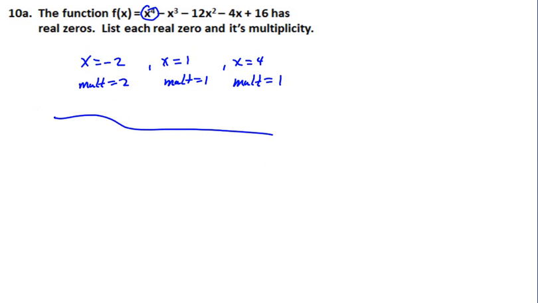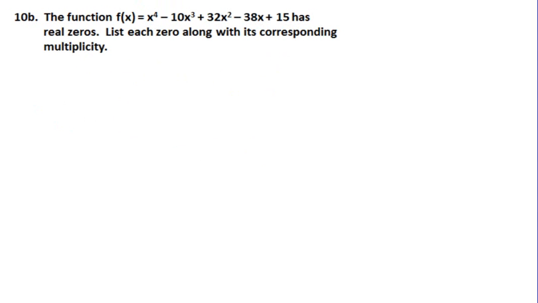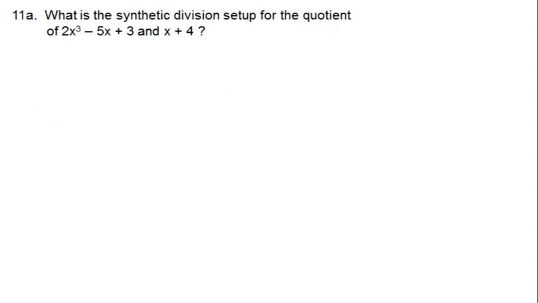So that's 10a. And then you have 10b, which is a similar type of problem. Just graph that problem, look for zeros, determine which are real zeros and their multiplicities. Next, 11: what is the synthetic division setup for the quotient of 2x cubed minus 5x plus 3 and x plus 4? Well, for that,